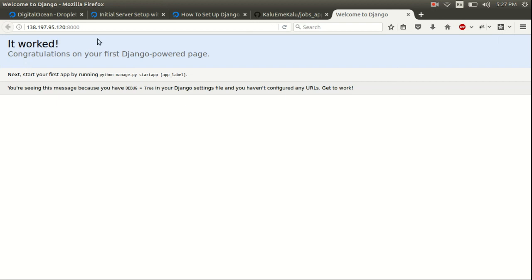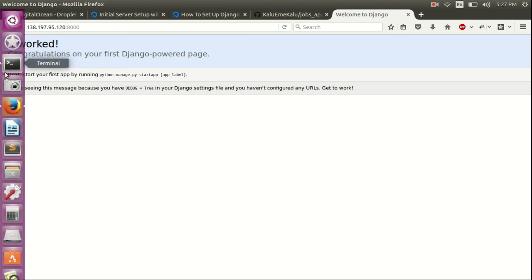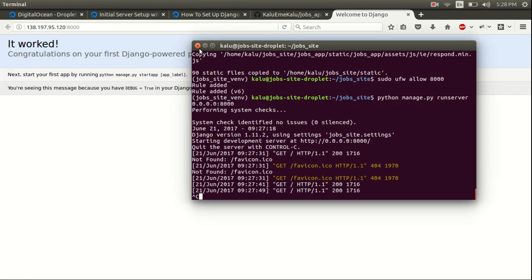So this shows up. Why does this show up? Because we have not edited our URLs in our settings. So this is great. This shows up, but we really want our app to show up. So what we need to do is go back to our terminal, and we're going to close this server and